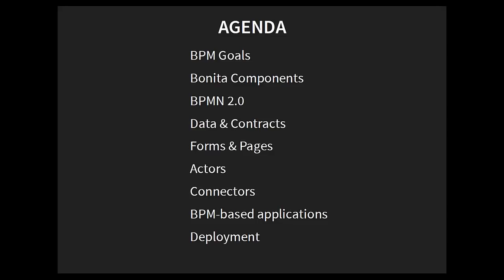And for this, we need to define what is BPMN, what is data, what is a contract, what is a form, what is a page. You can use actors and connectors, and all of this will be part of a specific process that we'll be building in the exercises. And then as soon as you have this process, I also told you that the purpose of this process is to make sure you can have applications. So in an exercise, we'll build an application on top of this process, and then we'll be deploying everything on our local environments, and that will be running on your computer.